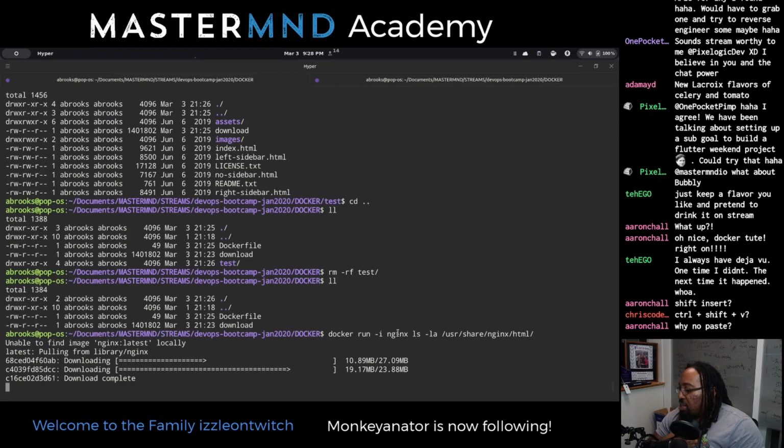New LaCroix flavors of celery and sea Adam. Like, that is disgusting. Celery and tomato. I'm coming around on tomatoes. I'm getting my grown-up taste buds. I can tell it's going to be something that I can tolerate soon, but not right now. Celery is all the way out. It doesn't even have any good nutritional value, so it should just not be a thing.